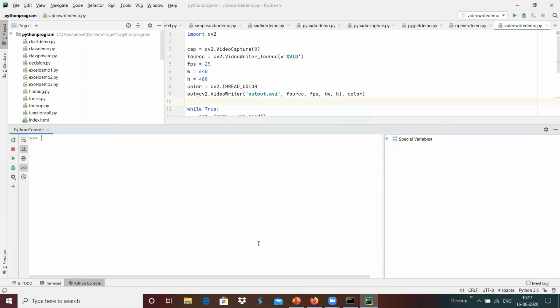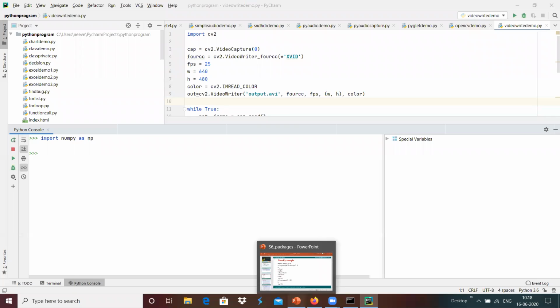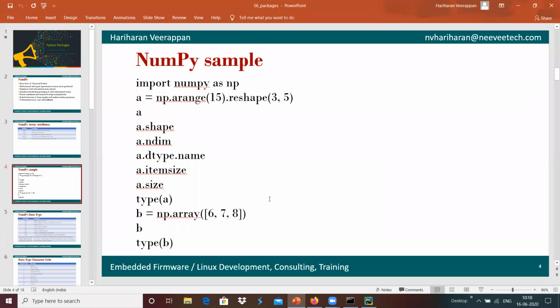Once it is done, we can import NumPy. Import numpy as np, so that instead of typing the bigger string NumPy, we can use np for easier access basically. It got loaded.